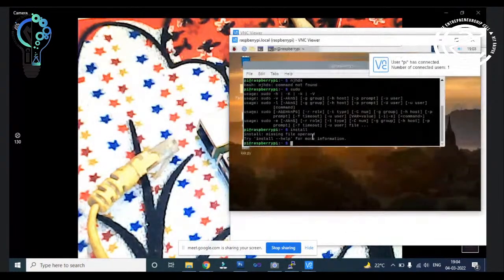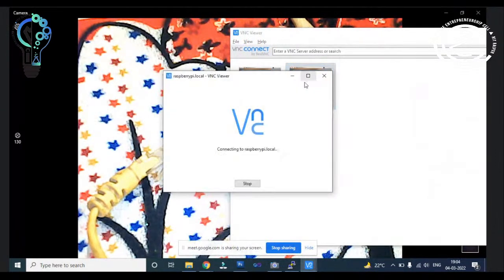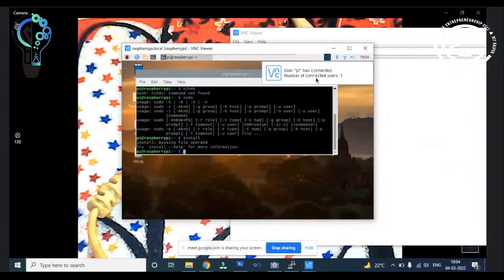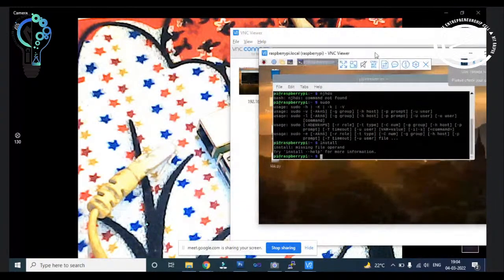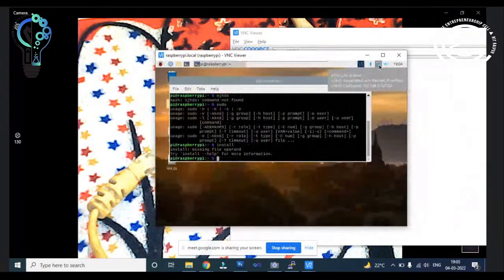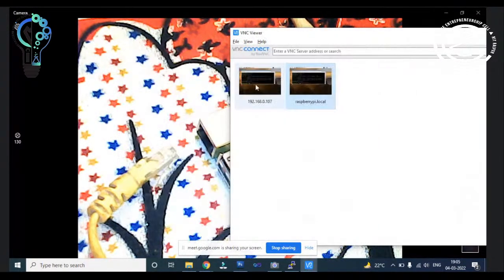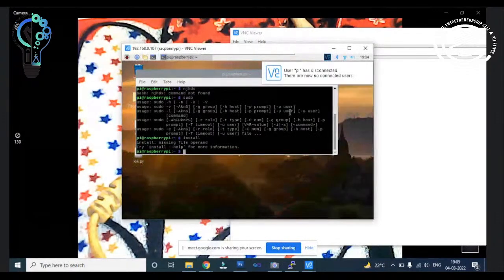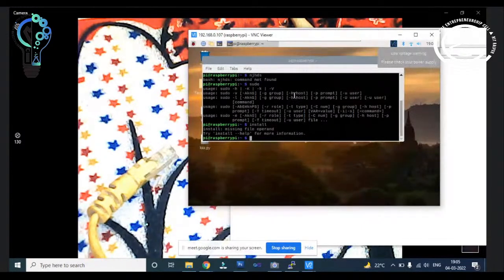Okay, it's connected with the IP. So you can see it is already connected with the Wi-Fi, that's why it is restoring the connection of the Raspberry Pi. So if you get the Wi-Fi connection, then it will restore the Raspberry Pi board. So you have two IPs, so you can open the Raspberry Pi OS.